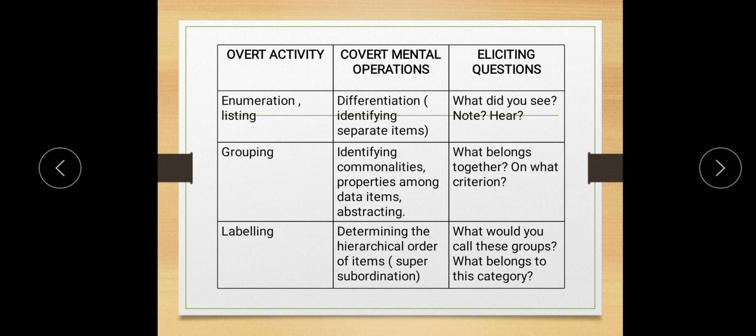Okay, just leave it here, and now just look at this table. Here there are three columns. The first column talks about overt activity, which I have already told you is something which you can see. The next one is covert mental operation, which is nothing but whatever happens to you at the mental level or psychologically. And then the third column is eliciting questions. So what kind of question will elicit, when you elicit, what kind of mental operation at the covert level, or what kind of activity you need to do. Now the first one, in the previous slide, if you see,